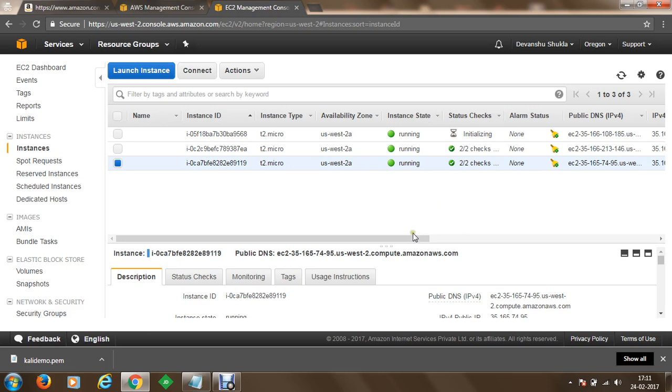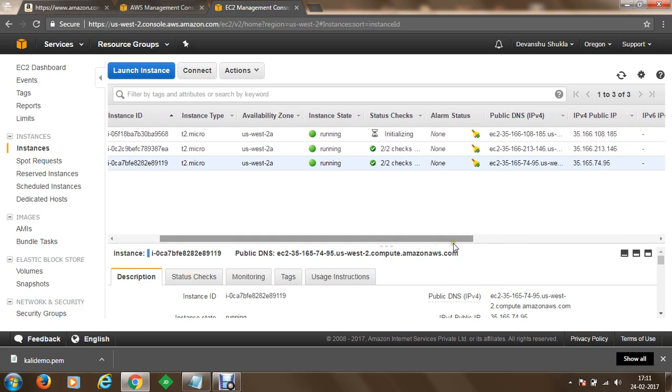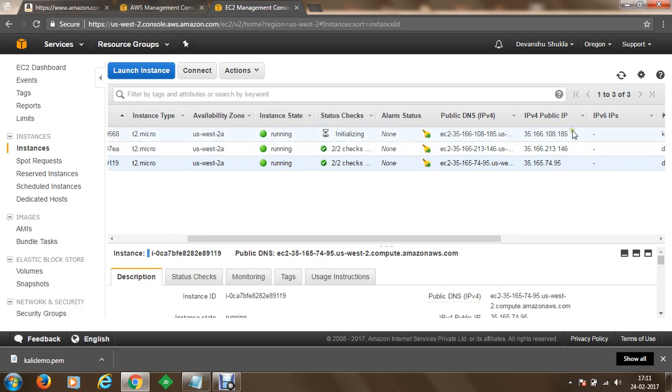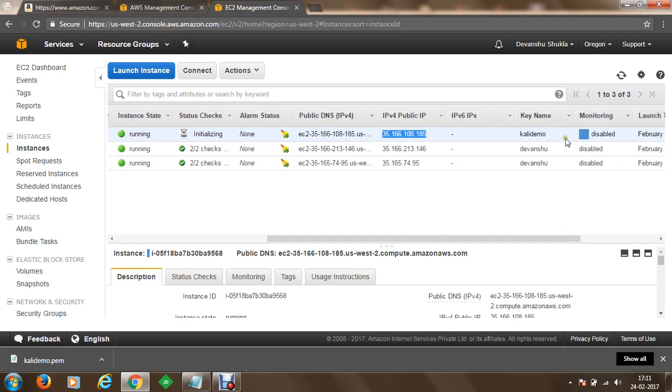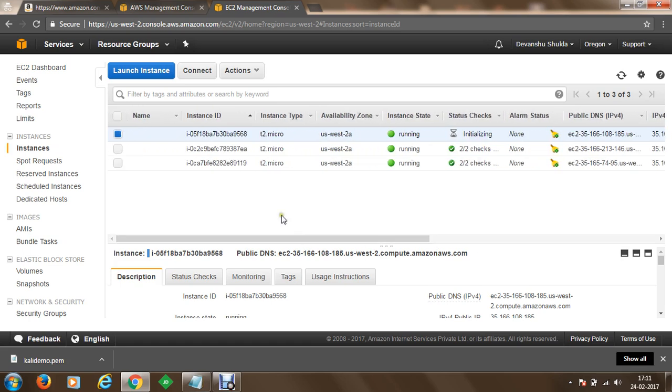So at the moment, we have got another Amazon instance, and the Amazon instance created at the moment is your topmost instance, which has the IP address 35.166.108.185, and we can identify that with a key name, and the key name is Kali demo. So now what we can do is, since we have selected this machine, we can proceed to connection. In order to connect we need to have a PPK file generated from this PEM, and this we are going to understand in the next session.